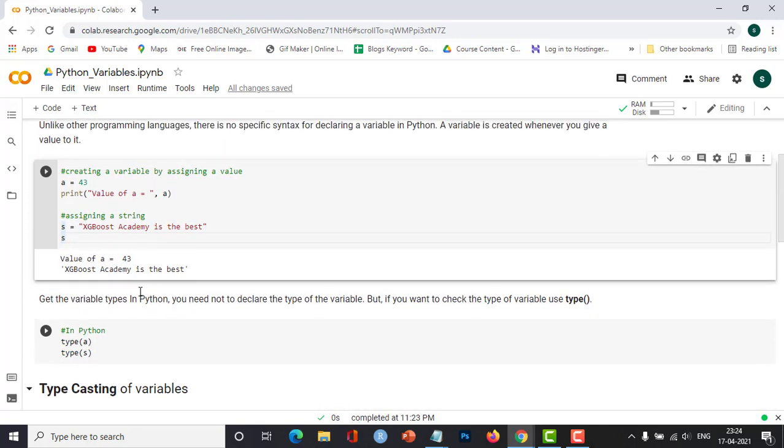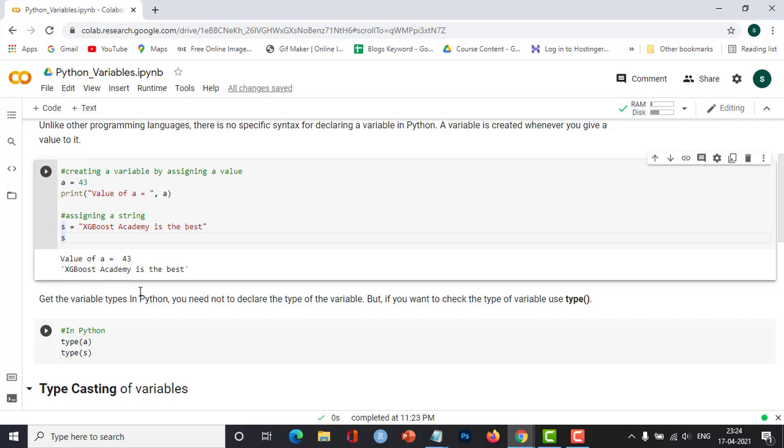Now how do we get the variable types in Python? There is a simple function called type. Whenever we use this function and put the variable as the argument inside it, we get the type of the variable. This is useful in the condition where we actually don't know the type of the variable.